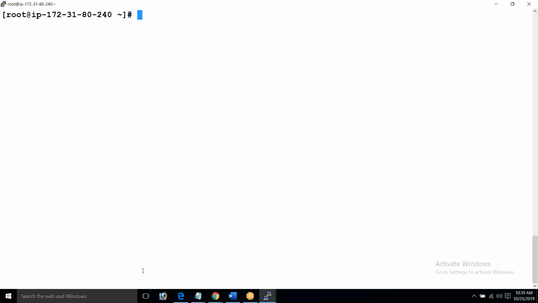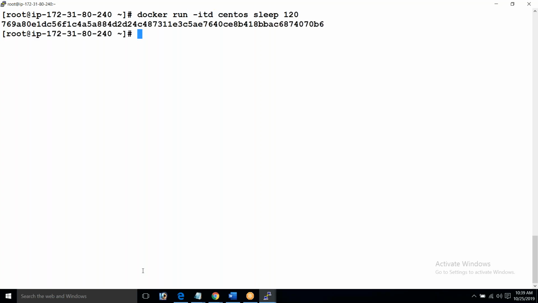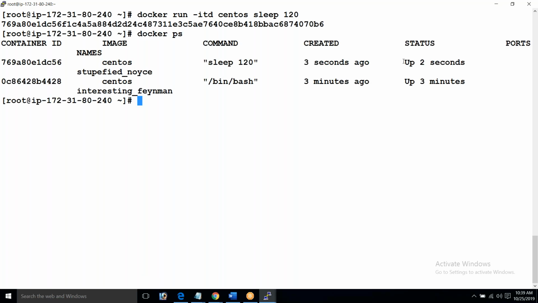Now I would say docker run -itd. You see this container is running. After 2 minutes, the container will stop.